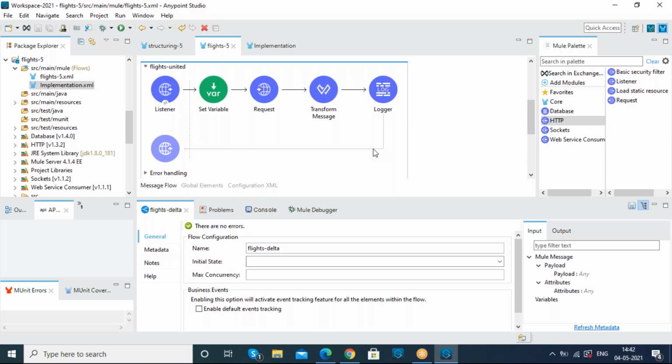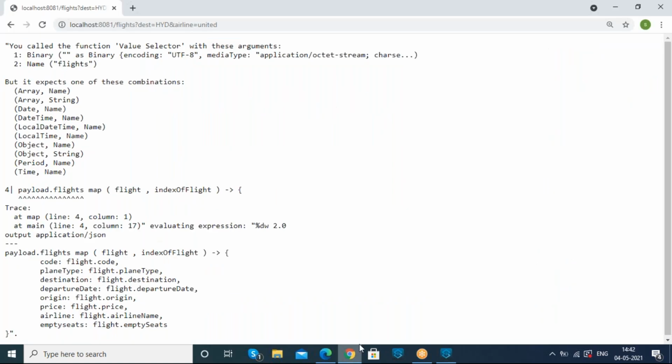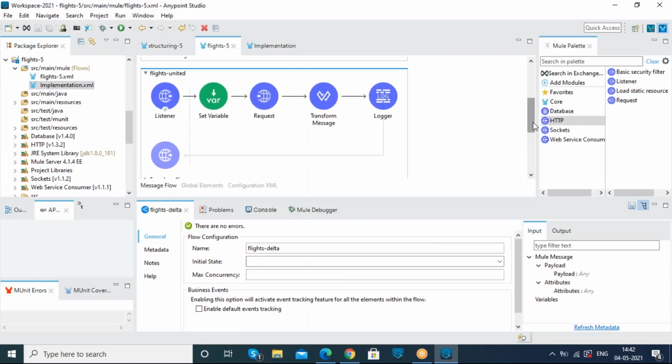By executing this API, it will throw an exception. It is a heavy process and our application will also become heavyweight.